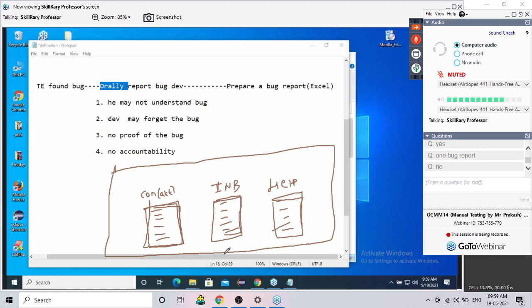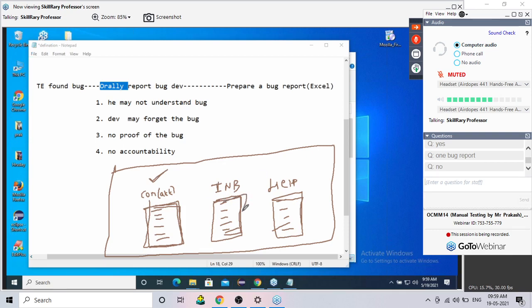No, he will fix one by one only. So assume today he fixed this compose problem. Tomorrow he is going to fix this inbox problem. Tomorrow when he is fixing this inbox problem, at least the test engineer can retest compose. Understand what I'm saying? 3 problems or 3 bugs I found. I reported separately. Once I reported separately, the compose problem he solved within one day.